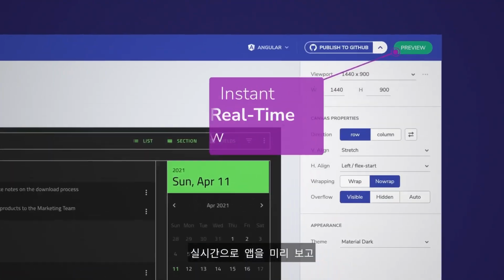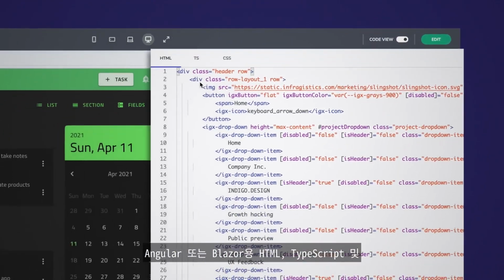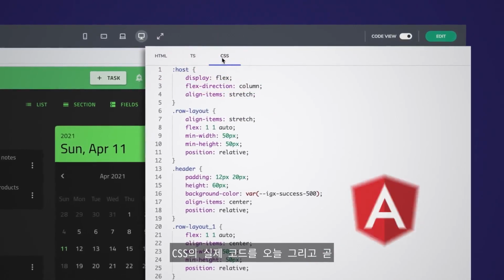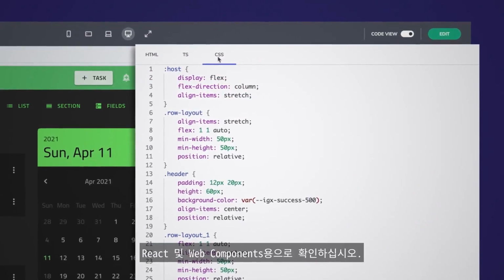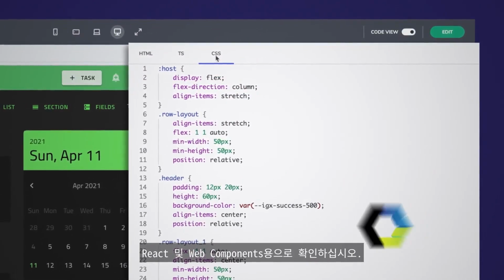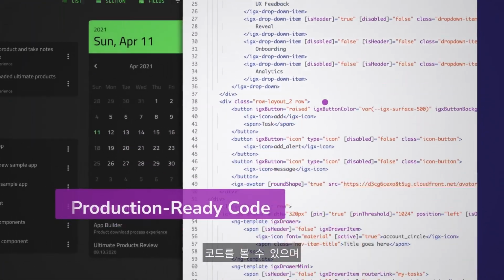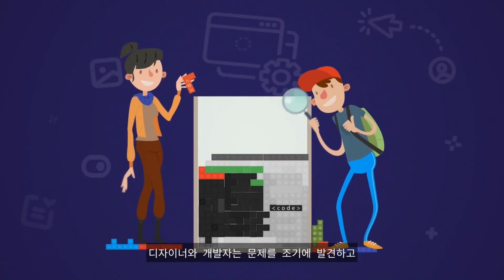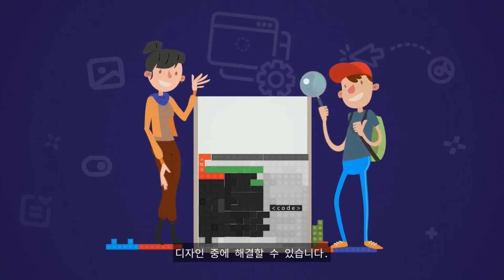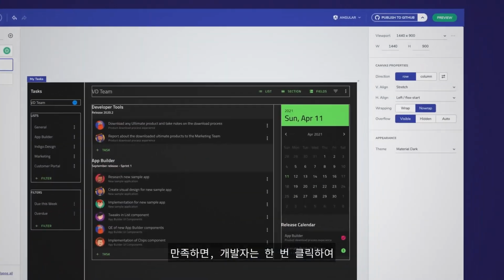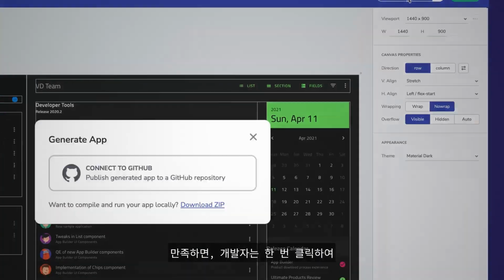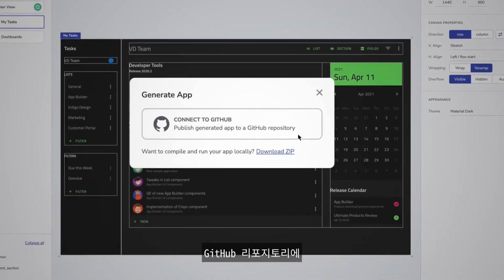Preview your app in real time and see the actual code in HTML, TypeScript, and CSS for Angular or Blazor today, and soon for React and web components. Developers can instantly see the production-ready code right inside the browser, and designers and developers can spot issues early and resolve them during design. Once satisfied, developers click once to upload the code to a GitHub repository, or they can